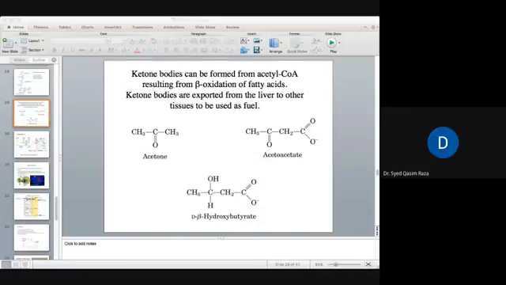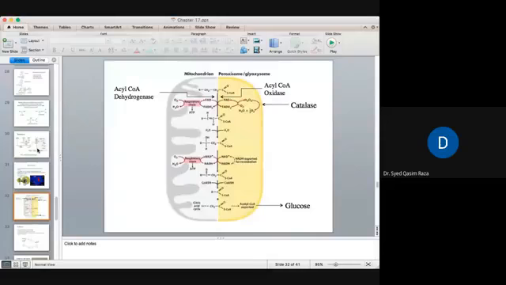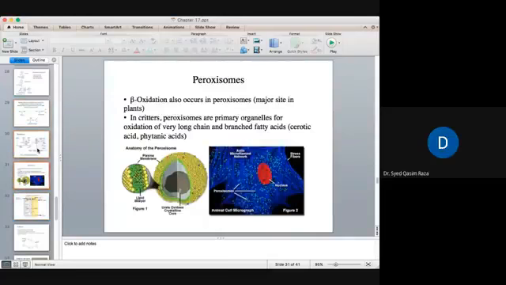ये पढ़ ली थी स्लाइड या नहीं? नो सर, कीटोन बॉडीज से पढ़ना है। रेगुलेशन? यस सर, ये पढ़ ली थी। ओके, सो अब पैराक्सिसोम्स भी पढ़ लिए थे ना? नो सर, ये रहते हैं। ओके,